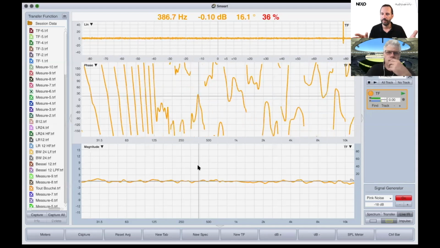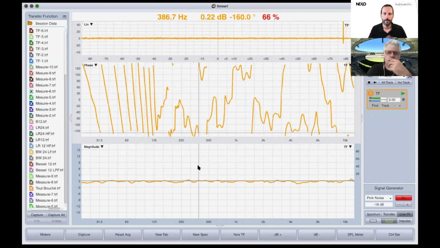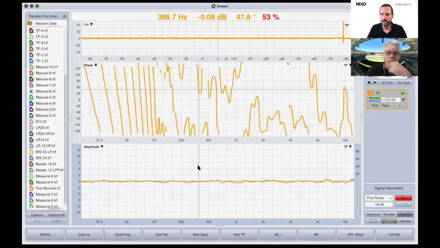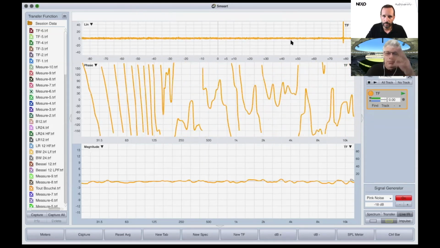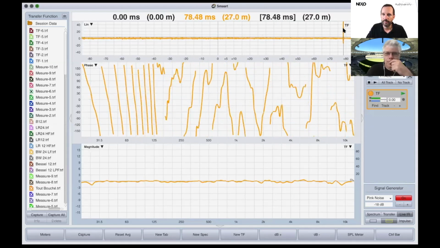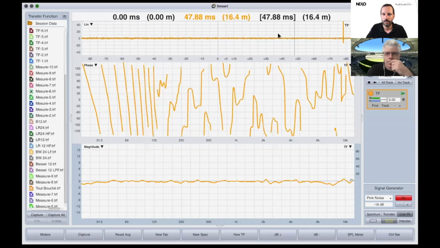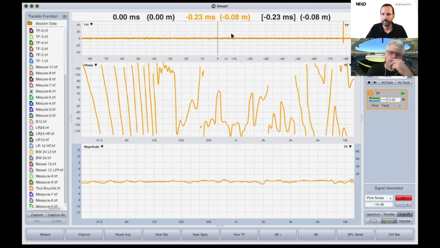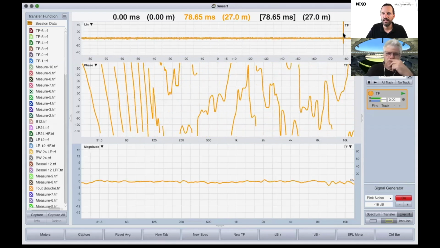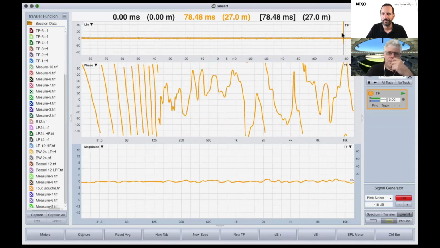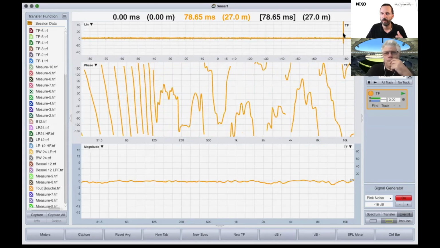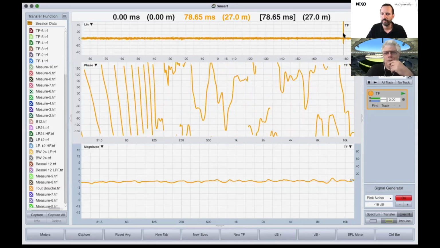and it's not completely flat, Celso, okay? So what is the reason for that? Why is it not completely flat? If you see on the top, what we can visualize here is the impulse response, and the impulse response comes 78 milliseconds after the measurements. Do you have any idea, Celso, why do we have such big delays when I do the measurements? Because